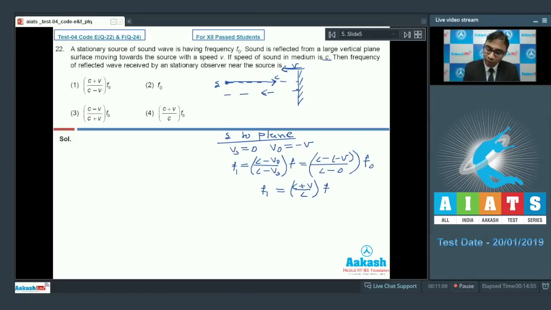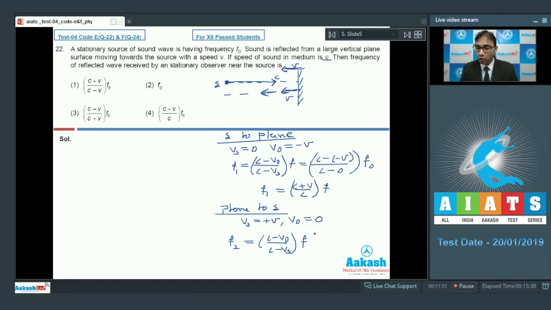Now the sound wave will get reflected and come back to the source. So let's solve it from the plane to the source. This plane will behave like a source and the source will behave like an observer. Since the plane is moving in the direction of the velocity of sound in the second case, the velocity of the source will be equal to plus v. And since the source will behave like an observer, the velocity of the observer will be 0. So the apparent frequency will be, again from Doppler's formula,